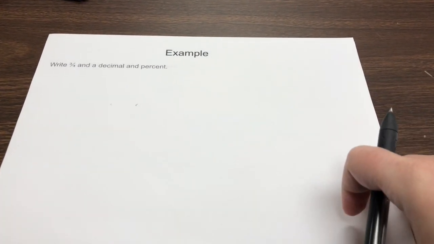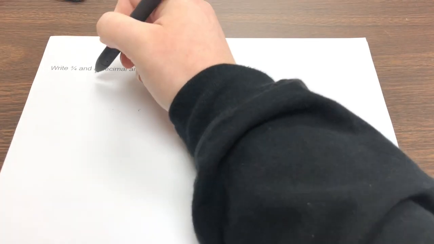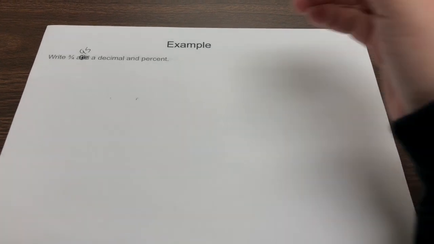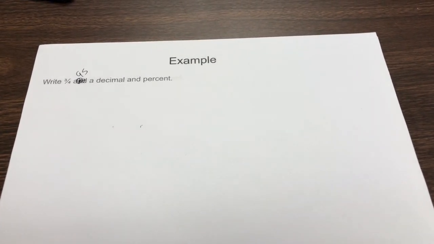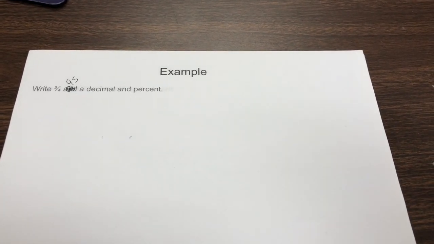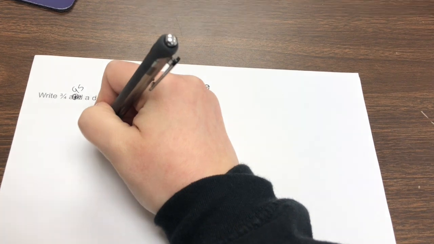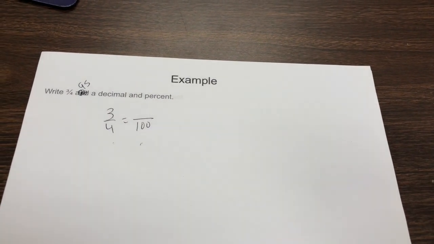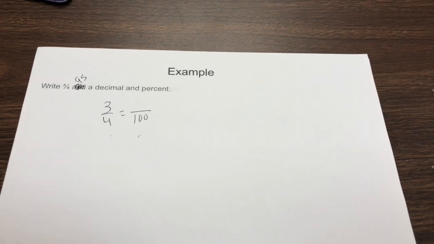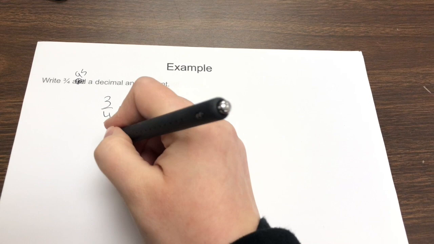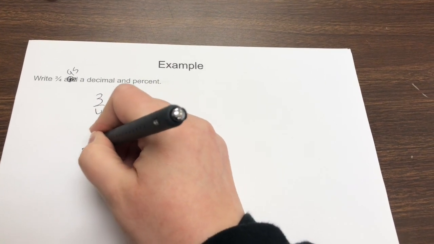All right, write 3/4 as a decimal and percent. So 3/4, I have a fraction. Remember, we like decimals to be able to change to a fraction. Or I could even say let's get 100 in the bottom, because percents are ratios compared to 100. So there's a couple of different ways that we can go about this. So 3/4 is one of those really